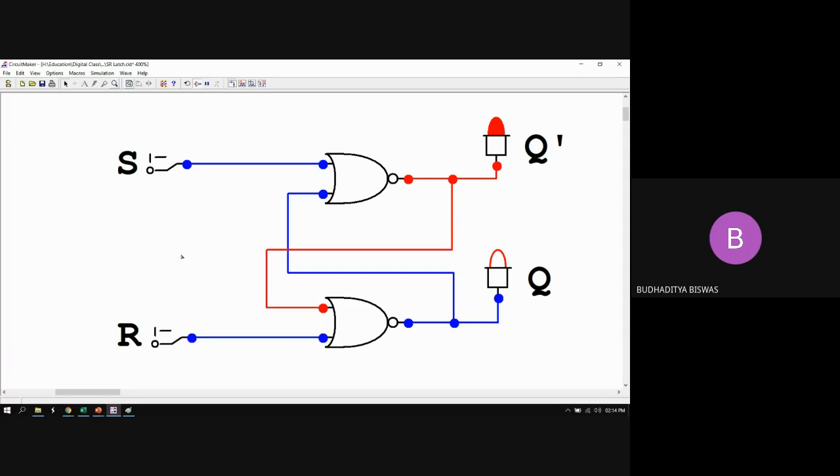So that means when both the inputs are 0, 0, the RS flip-flop is able to hold its previous state, whatever the previous state may be, set state or reset state. When both the inputs are connected to 0, then it is able to hold the previous state. And this is the concept of the single bit memory element. Got this one?